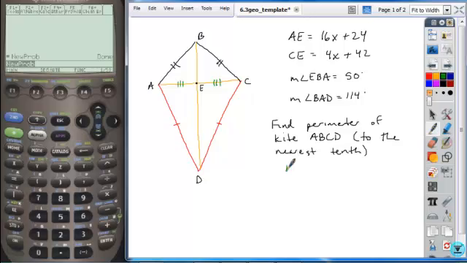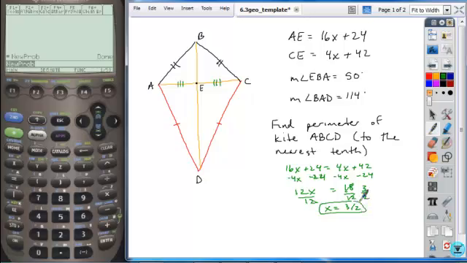So if we know that AE is equal to CE, then 16x plus 24 is going to have to equal 4x plus 42. And so in solving this, if we subtract a 4x from both sides, and at the same time, we can subtract a 24 from both sides. Okay, we get 12x is equal to 18. When we isolate our x by dividing both sides by 12, we get x is equal to, and we can reduce this fraction, right? 6 goes into 18 3 times, 6 goes into 12 twice, so we get 3/2 as